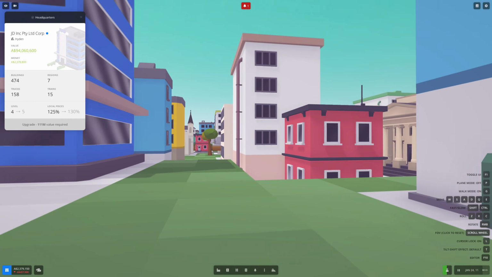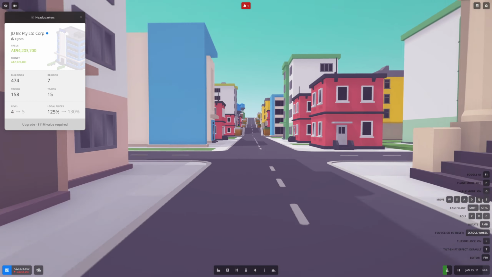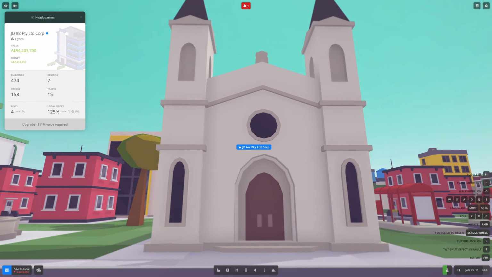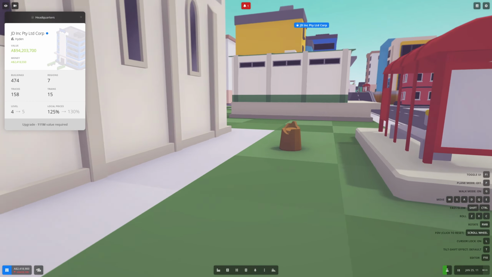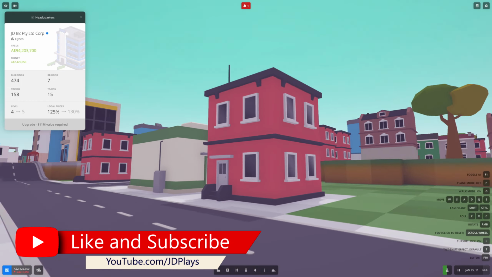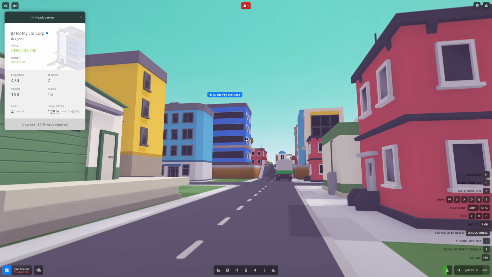So I can upgrade, or we could go for a stroll down the town and, you know, run into a truck and look at all our town, all our houses or fountain, or even a church, just a block away from company HQ with a cut down tree. Yes, so this is one of the features in Voxel Tycoon, along with, if I can remember the right buttons,